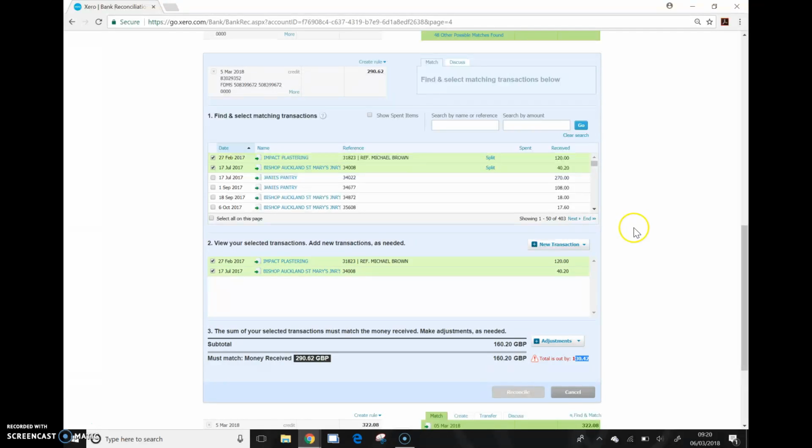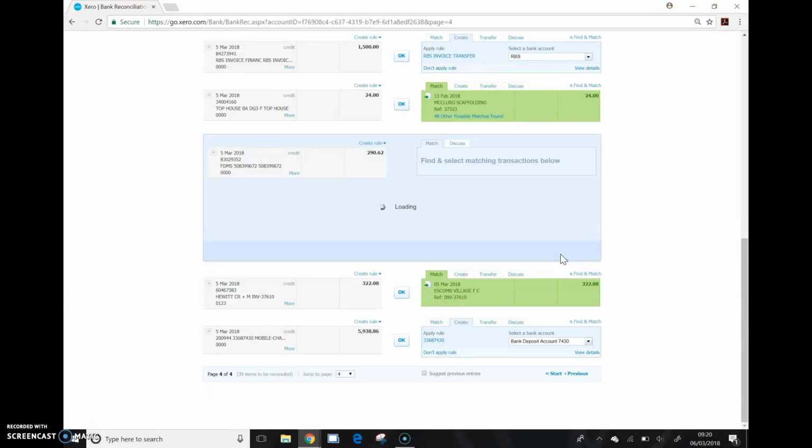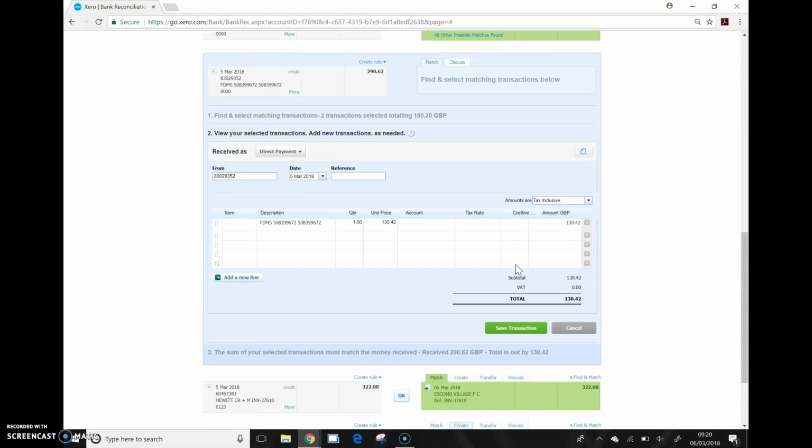So in this instance what we need to do is click new transaction and receive money, and when it eventually loads, we're going to keep it as a direct payment. So we would change it and say MISC sales or MISC shop, whichever you want. Click that. We're going to select the date which it applies to,